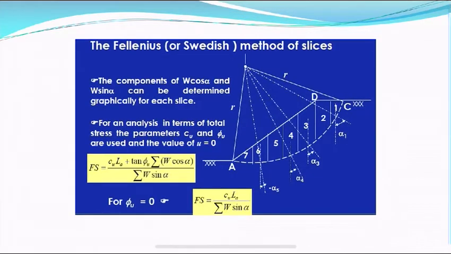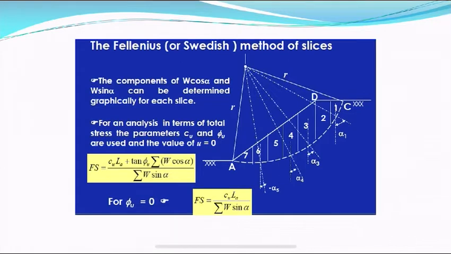So how can we do the analysis using the Fellenius method of slices? In a given portion we need to assume the potential failure surface and then divide it into slices of horizontal width, with the slices numbered from 1 to 7, for a given center of rotation and a given potential surface. Here the crest point at the top is the entry point and the toe is the exit point. From each center of rotation, the center of each slice is identified, and the angles alpha 1, alpha 2 to alpha 7 are determined.